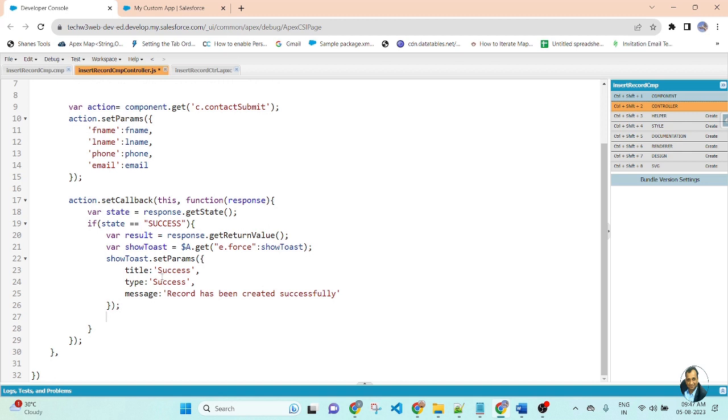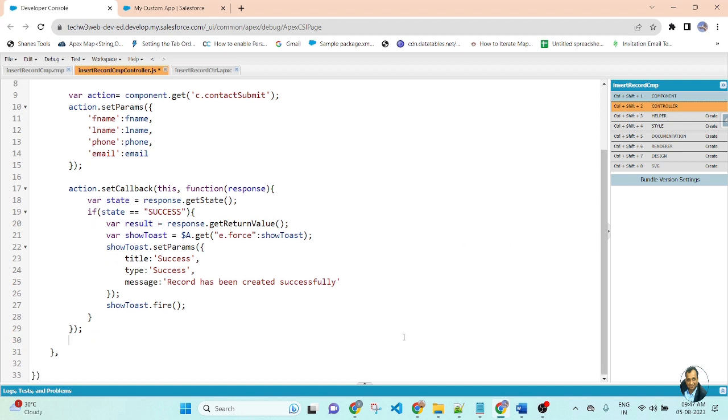Then toast dot fire, to display the toast message. After that I will use enqueue action. So this is the setCallback action. Here the setCallback action ends.